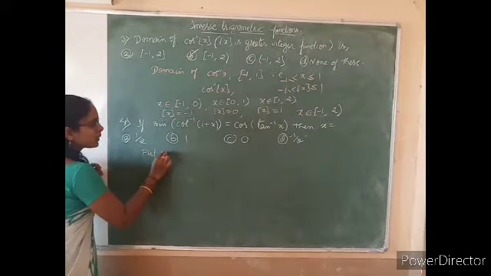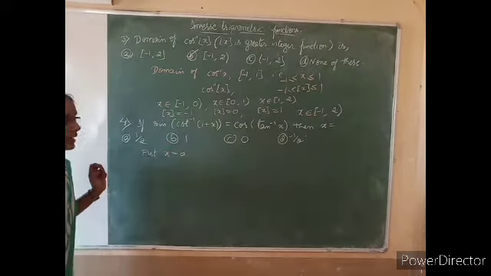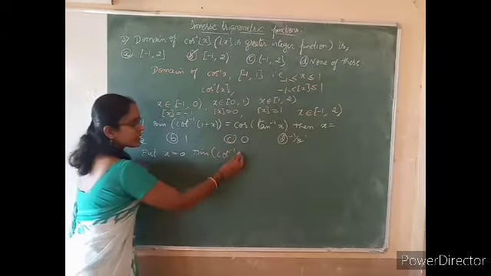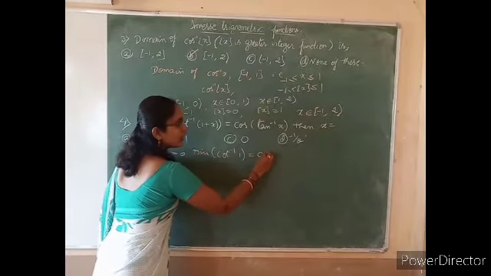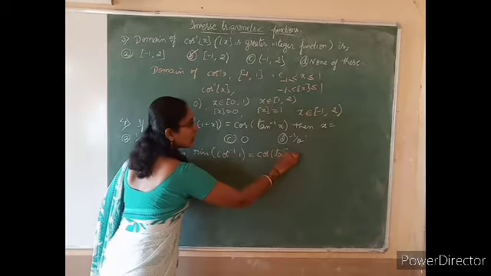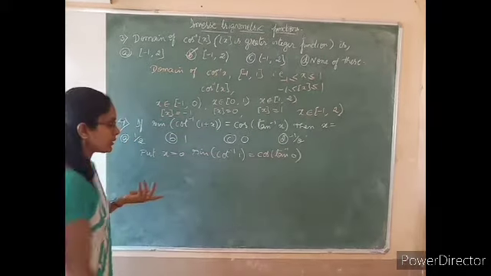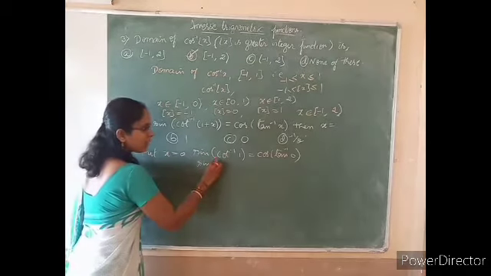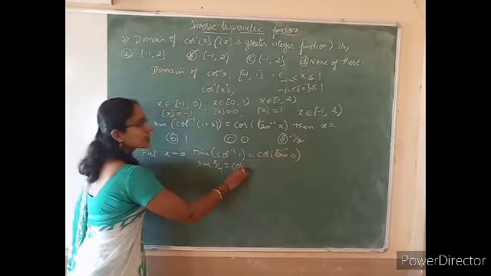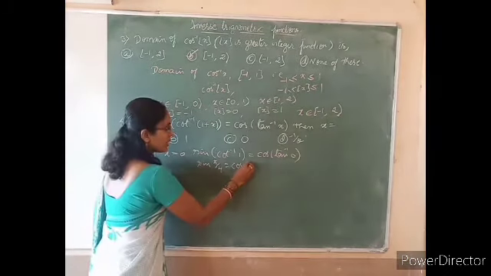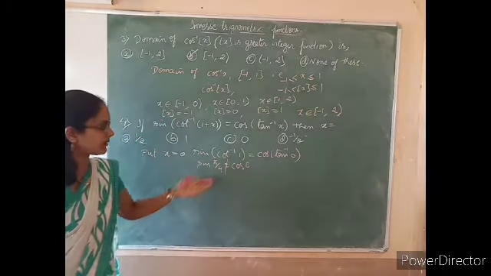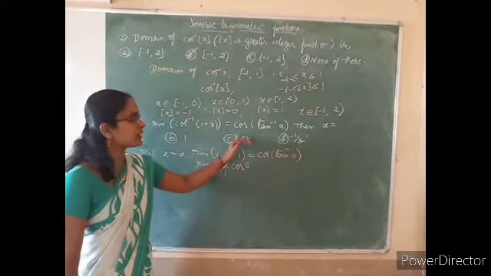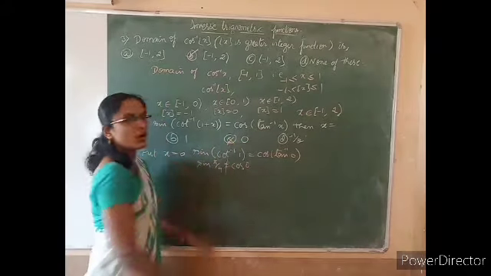So I will put x equal to 0 in the given equation. What will happen? Sine of cot inverse of 1 plus 0 is 1. So this is equal to, in the right hand side, cos of tan inverse of 0. Tan inverse of 0 is anyway 0. Therefore this is sine of cot inverse of 1, which is pi by 4. So sine pi by 4 equals cos 0. You know that these two are not equal. The value of sine pi by 4 is 1 by root 2 and cos 0 is 1. So this is not the option. C is not the option.